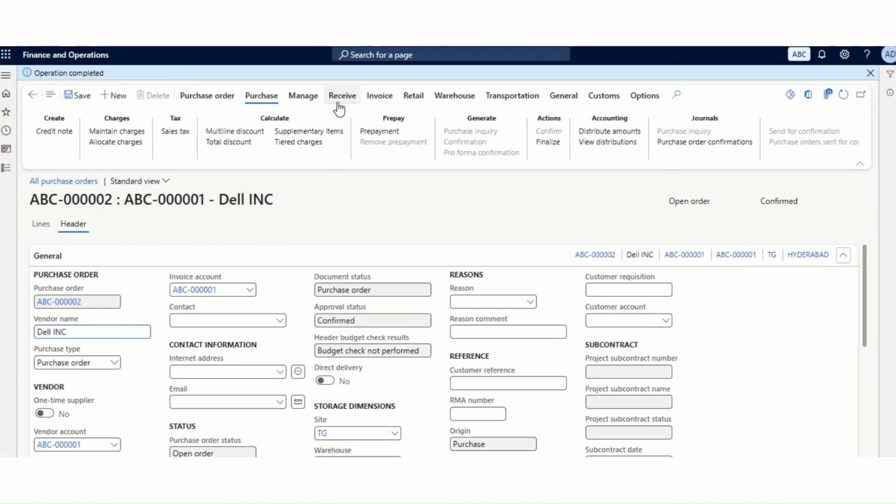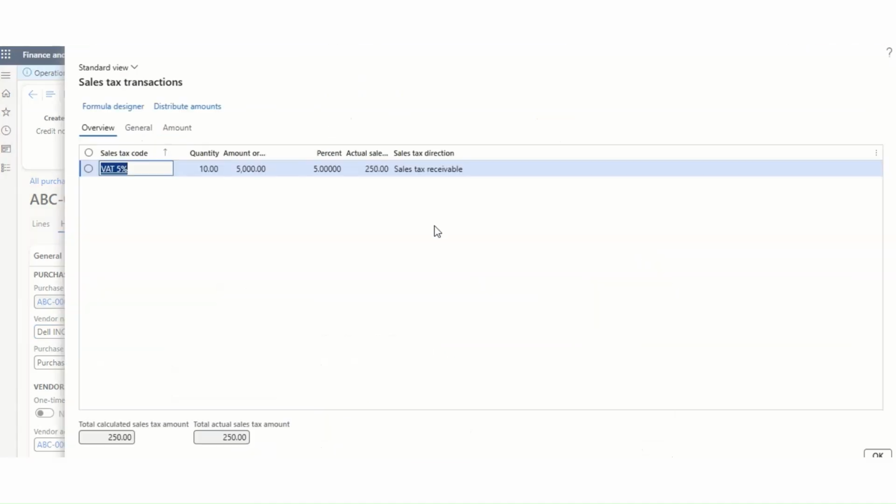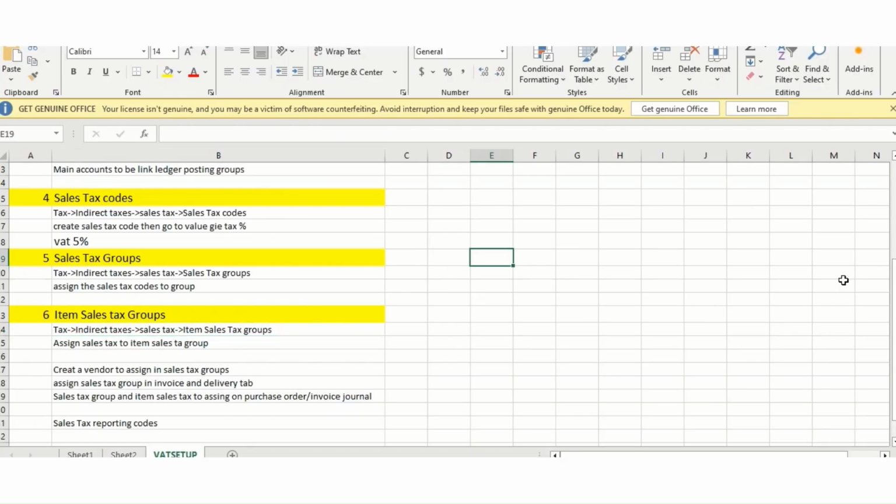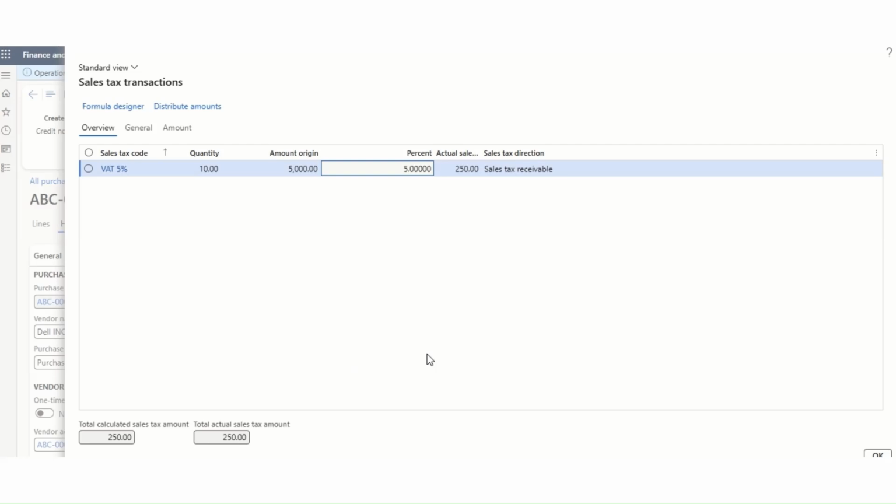The PO is confirmed. Under the purchase tab, click sales tax. You can check the sales tax amount. Quantity is 10, amount is 5000, and the tax percentage is 5. Tax amount is 250, so tax is calculating. The taxable amount is 5000, and 5% of 5000 rupees is 250. So 250 is calculated accurately. So this is the way to set up